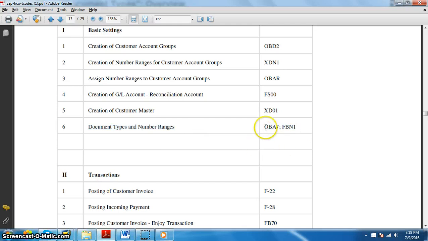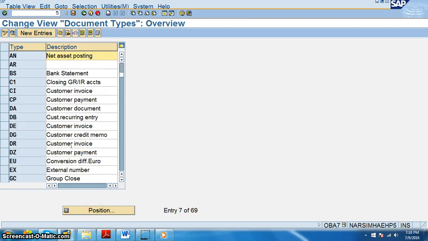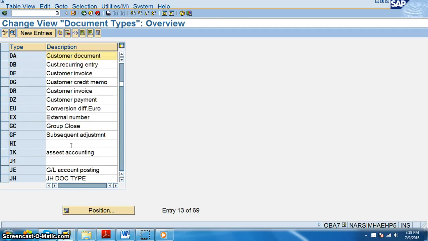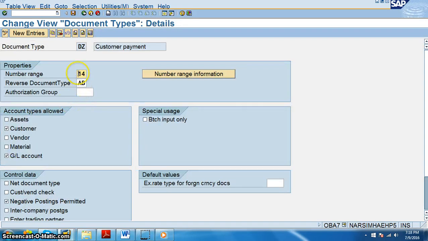Document types, normally we create in OBA7, which are already there. So standard document types are already there for customer payments, or customer accounts receivable. So we have customer payments reset, and for this we already have a number range called 14.